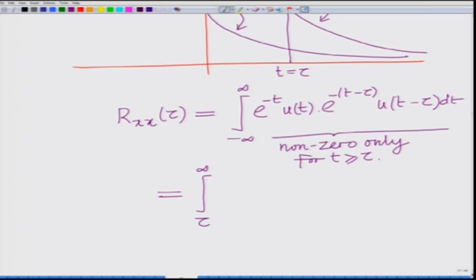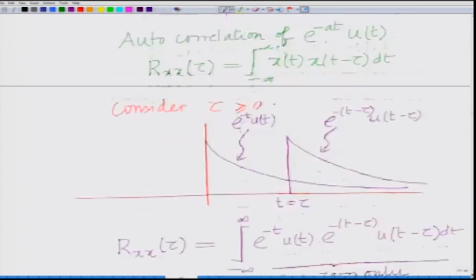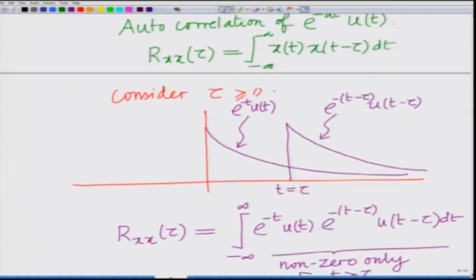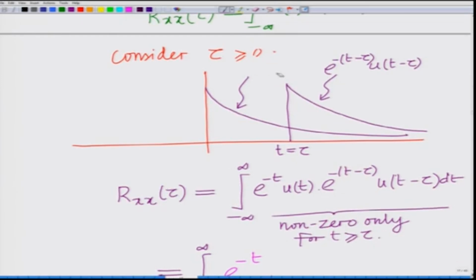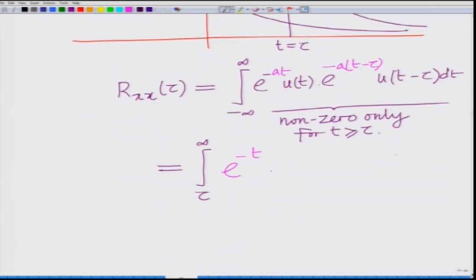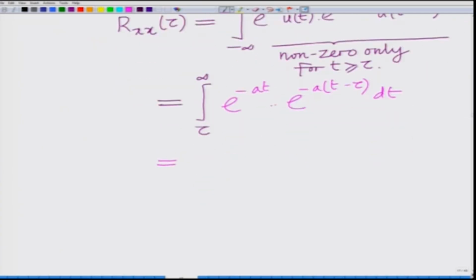Now I can remove e to the power of a tau, that is a constant, and it comes out of the integration. So I have e to the power of a tau times the integral from tau to infinity of